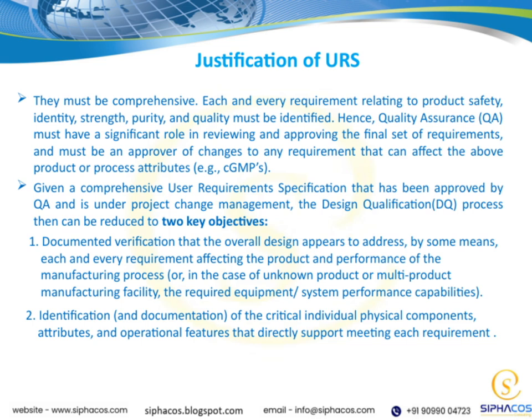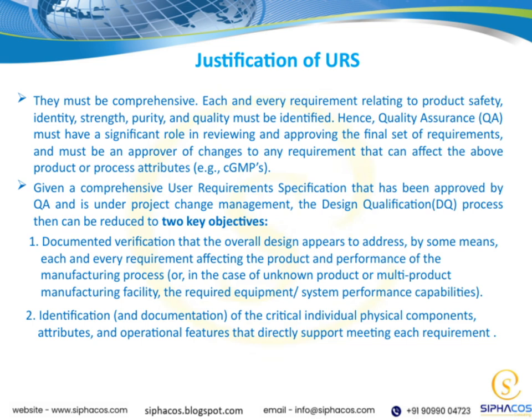Now, once we have a comprehensive user requirements specification, which has been approved by QA and is under proper change management, the design qualification process can be streamlined. It mainly focuses on two key objectives. First, we need documented verification that the overall design addresses each requirement in some way, whether it's about the product itself or the performance of the manufacturing process. In the case of unknown products or multi-product facilities, this also includes the performance capabilities of the equipment and systems